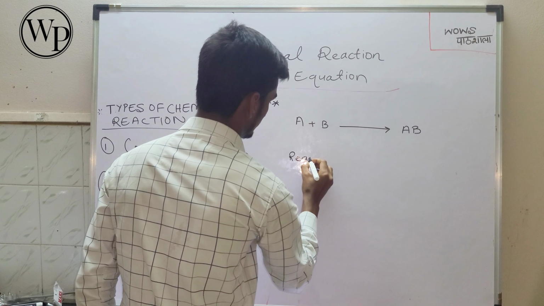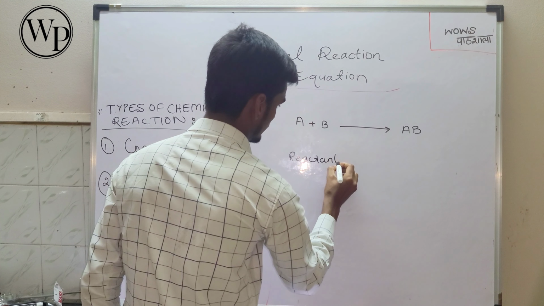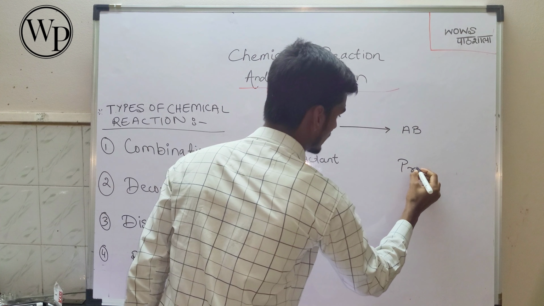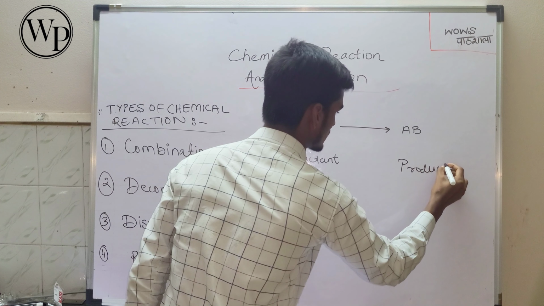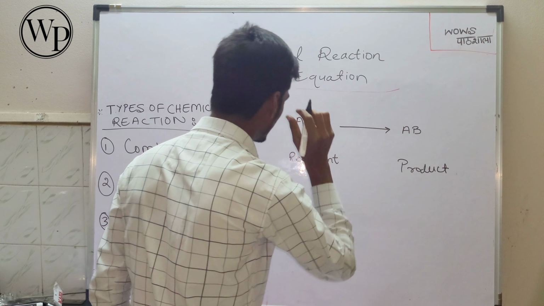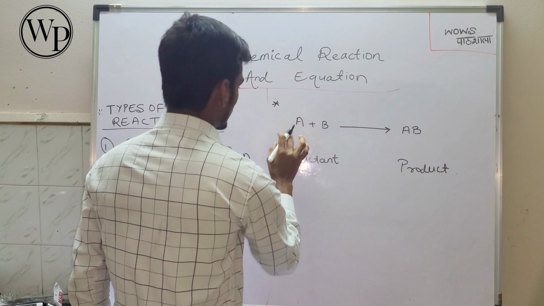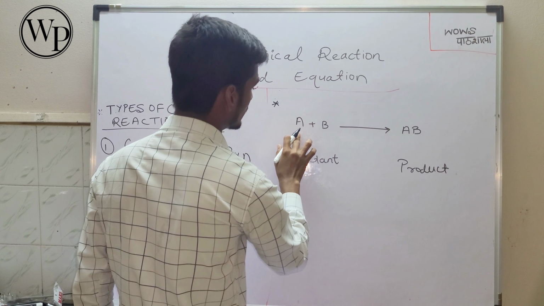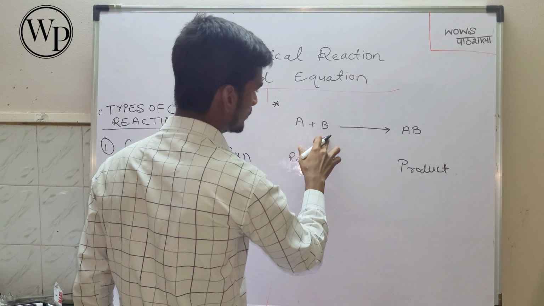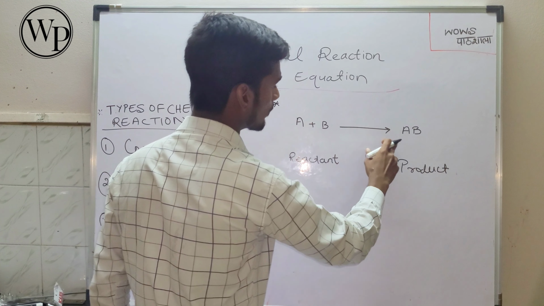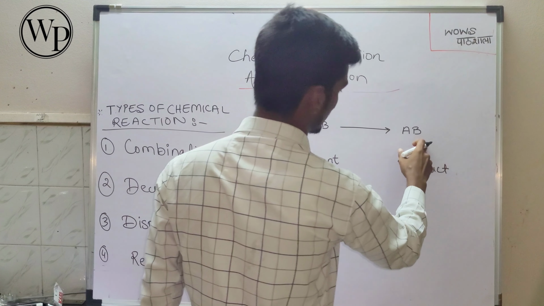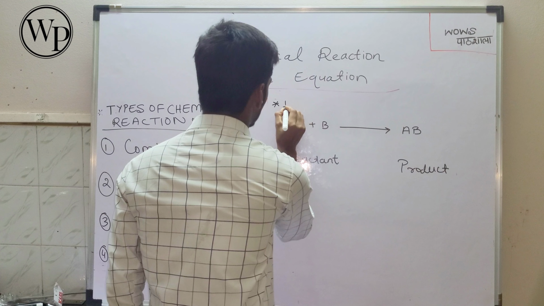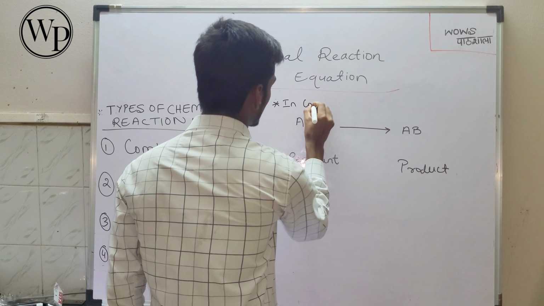Reactant and product, as we discussed in the previous lecture. If you compare, the reactant has two molecules, A plus B, converted into one molecule, AB. So in a combination reaction